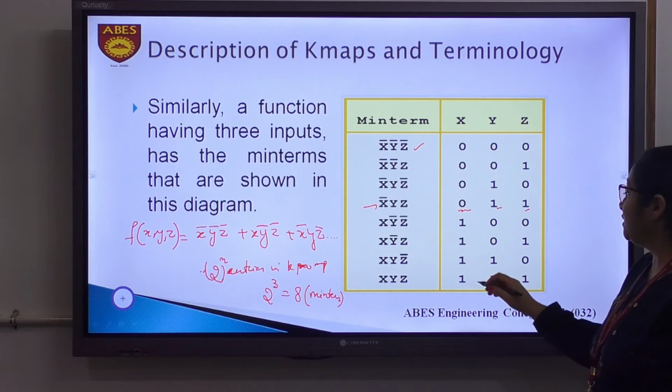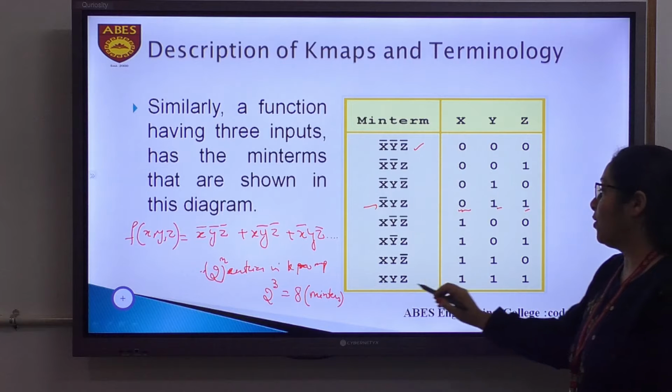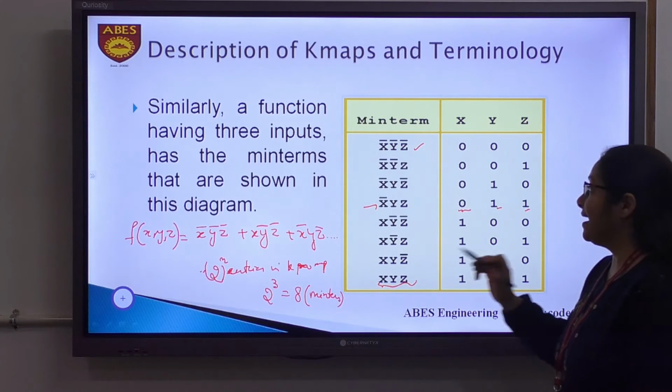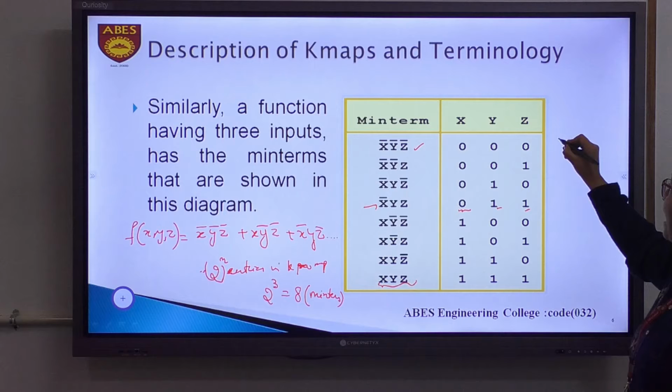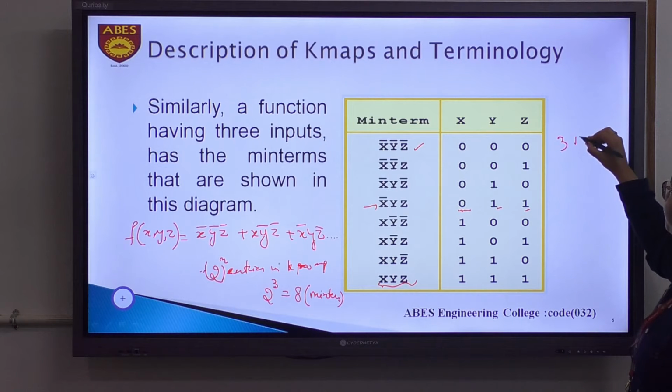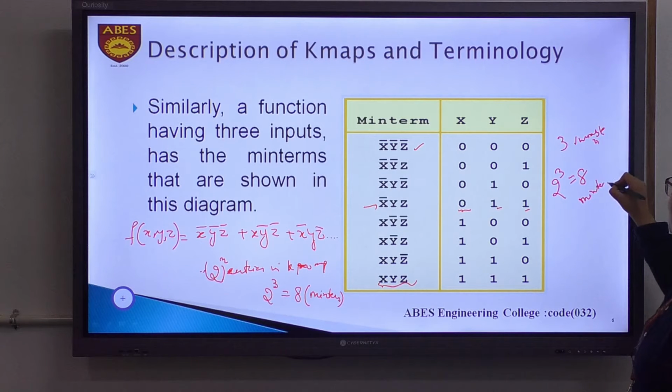Similarly, if all 3 variables x, y and z are in the direct form, then the expression will be x, y, z. This is how, if I have a 3 variable function, in total I have 2 raised to the power 3, that is 8 minterms possible.